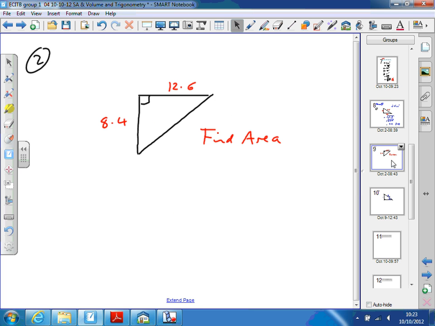Number 2, formula for the area of a triangle, half of the base times the height. Remember that because, of course, if you think about it, the triangle is half of a rectangle with lengths 12.6 and 8.4. So the area is half base times height. It doesn't matter which I call the base, 8.4 or 12.6. So it's a half times 12.6 times 8.4 will give me the area, which is